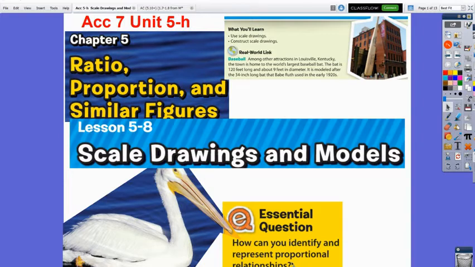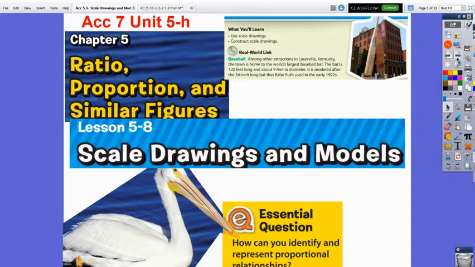First lesson of the new year. It is a continuation, really, of working with proportional relationships and solving proportions for real-world situations. And this is a specific real-world type of problem, very common, that uses proportions, and that's using scale drawings and